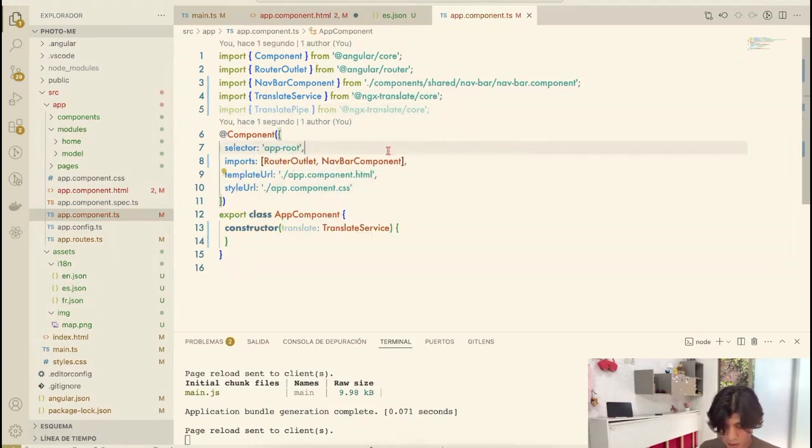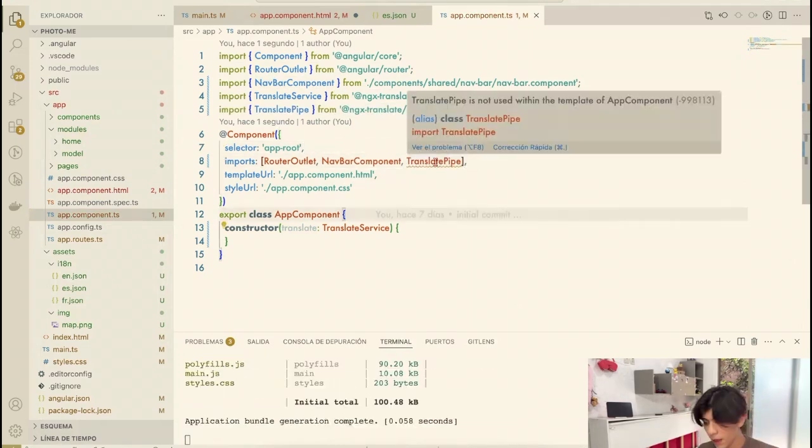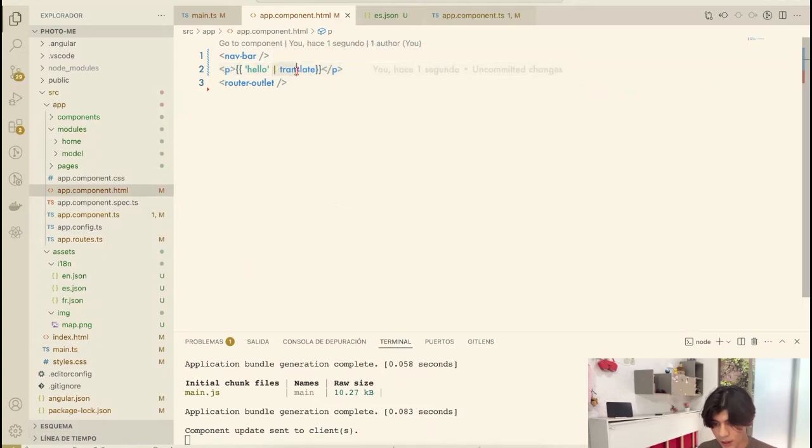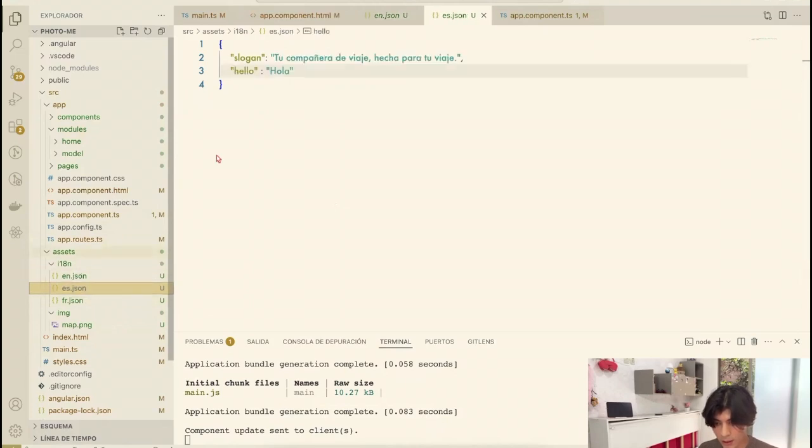And I'm going to use it inside my imports. I now have this error, which is translate pipe is not used, so I'm going to use it over here, and I'm just going to add the pipe and the translate reserved word. So I'm just going to save this, and since my default language is English, I will need to also add